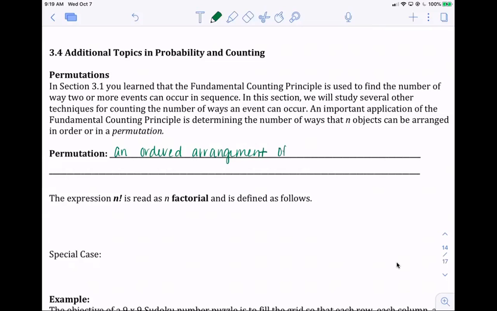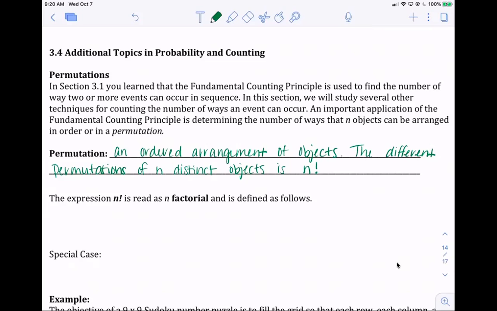of objects. The different permutations of n distinct objects is n factorial. Okay, so the expression n factorial, or n exclamation mark, is read as n factorial, and